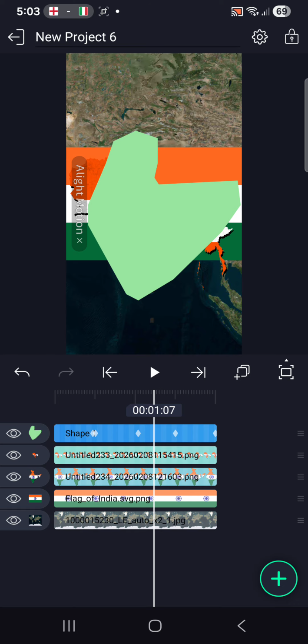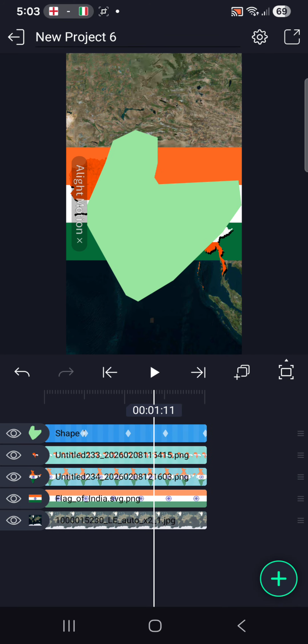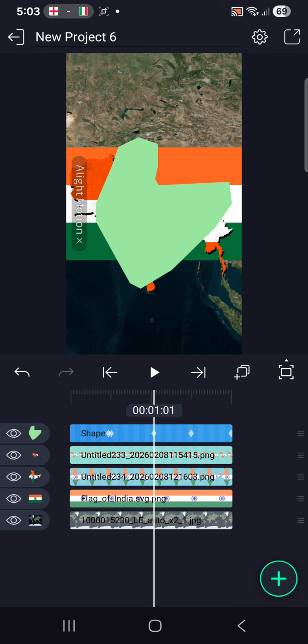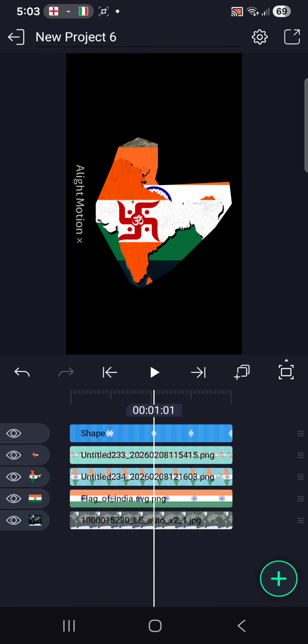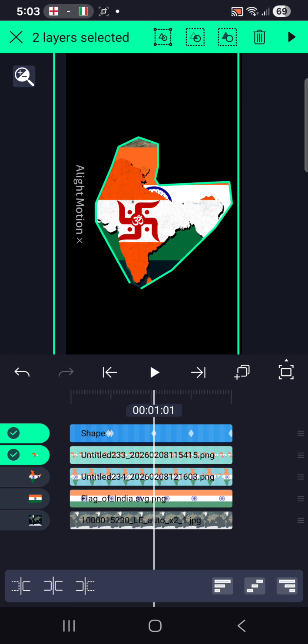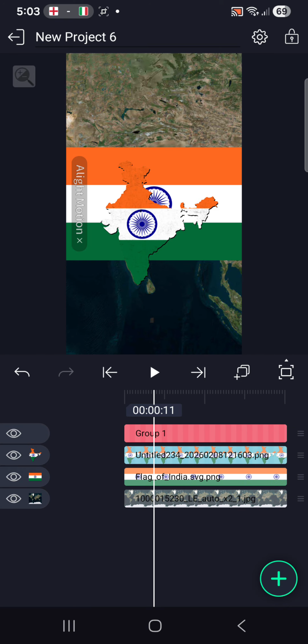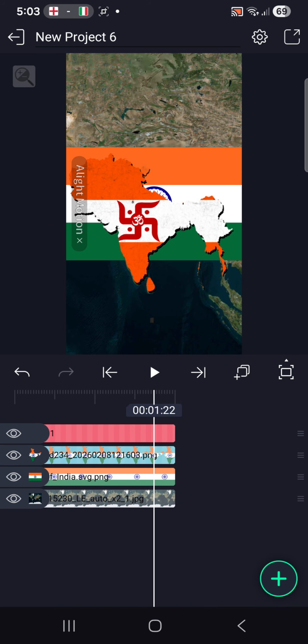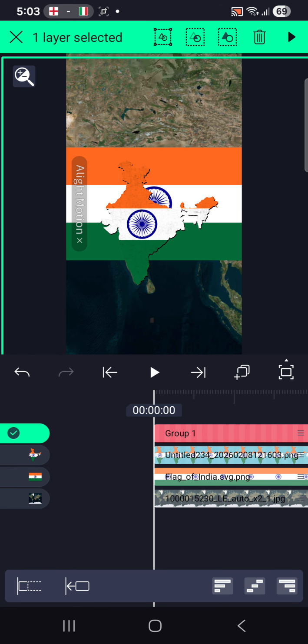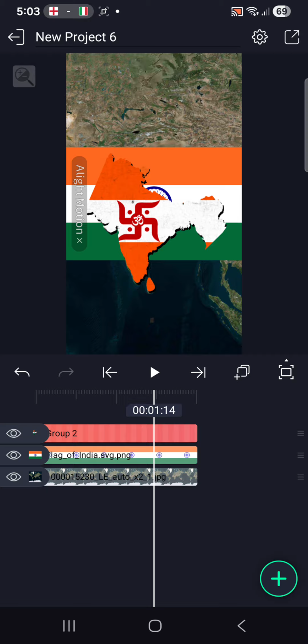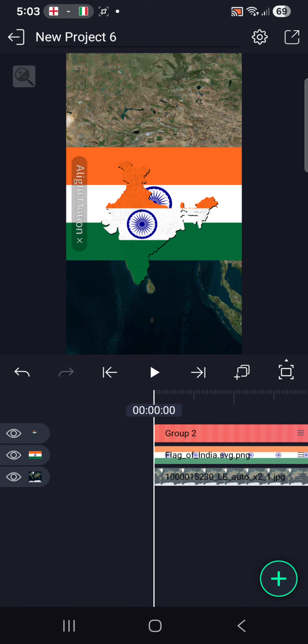Remember that the empire layer should be just above the flag, just below the shape layer, because if you don't, then the animation will not look as you planned. Then after you do that, group the combination of the vector shape and the main map image. Group them again, and then this time